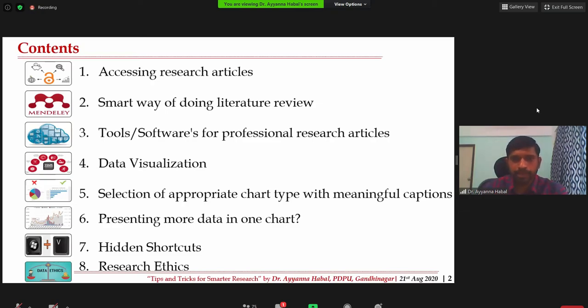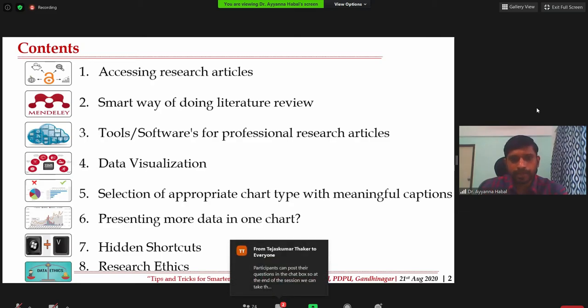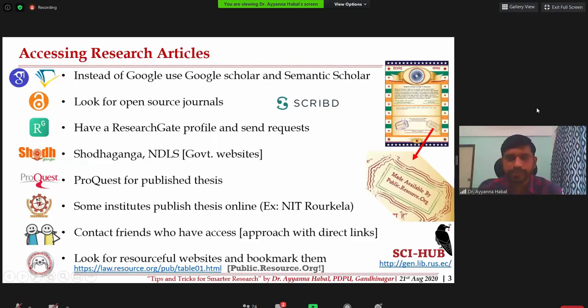And also I will give some hidden shortcuts. Some of you might be aware, but I'm sure many of us may not know these shortcuts. And very important thing is research ethics. I will again cover research ethics, which we should always stick to when we conduct research. Let's start with accessing research articles.